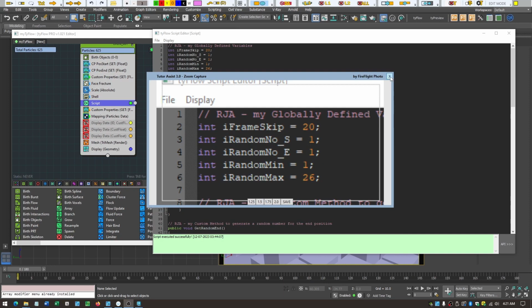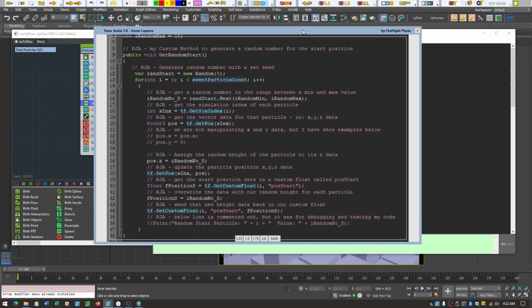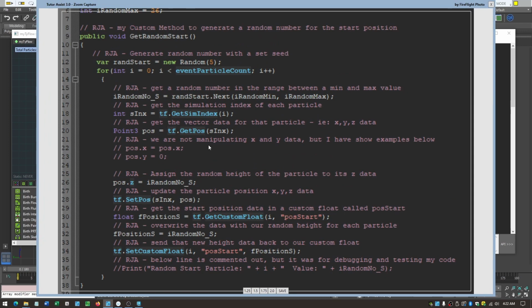So let's look at our first custom method, and that's this whole block of code here. If we're looking at this block of code, I've created a custom method that I called getRandomStart. Now I've over-commented this script so that you can easily see everything I've done, with more explanation than I would generally put for myself. This extra commenting is so that you can pause the video and get a